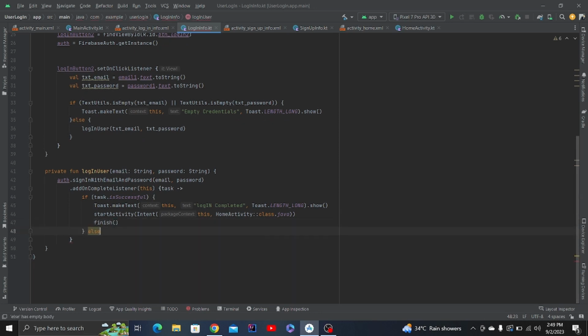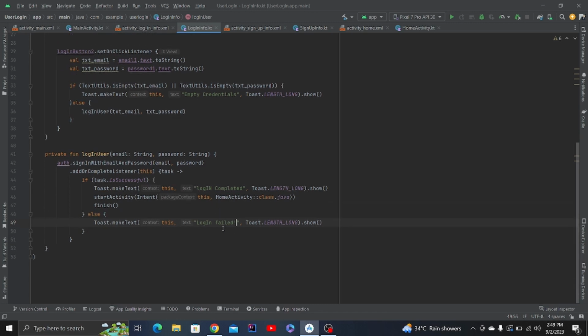Otherwise, if the task is not successful, we just can show a toast message and say login, sorry, login failed, right? And yeah, so this was it that we needed to do in our login information .kotlin file,